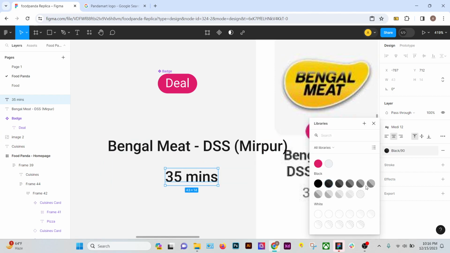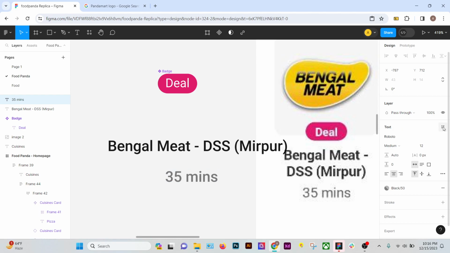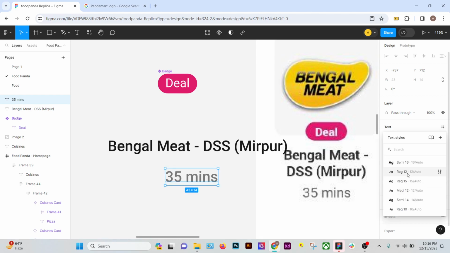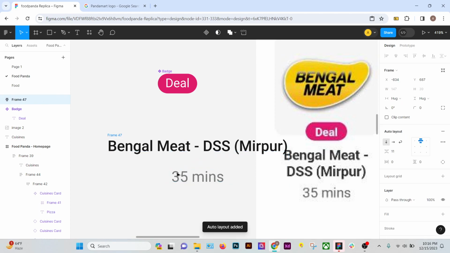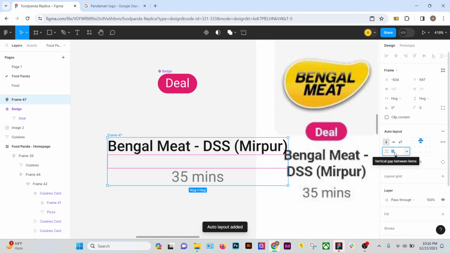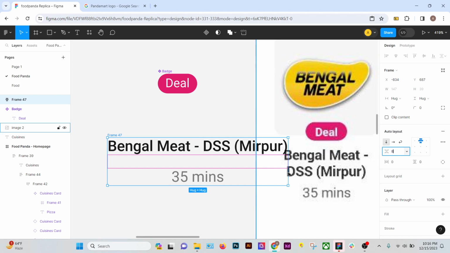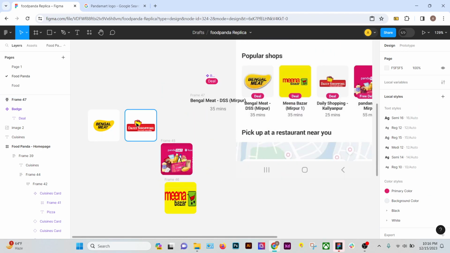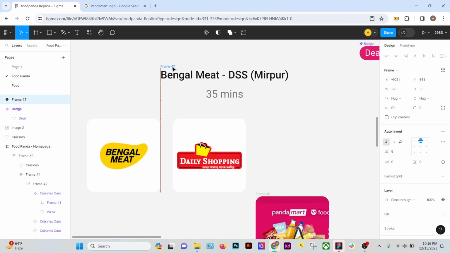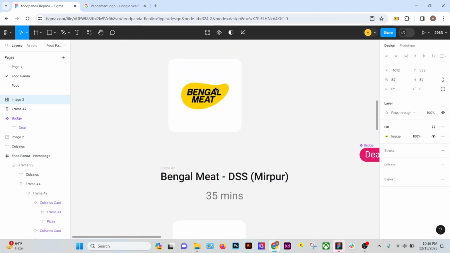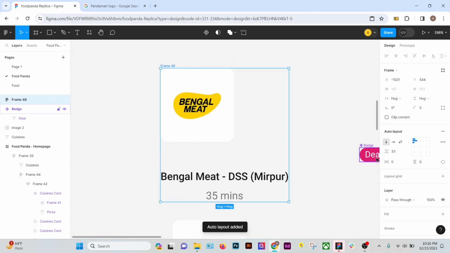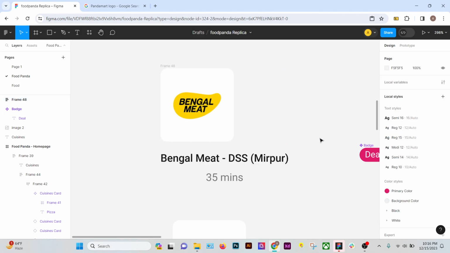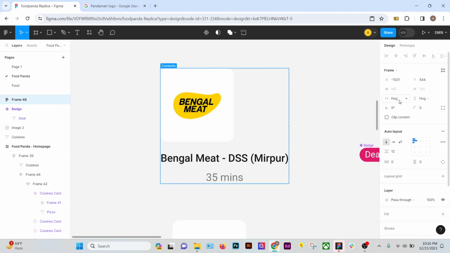Text color will be black 50, and the text style will be regular 12. Done. Shift A and the space between will be 8. Perfect. Take the image and auto layout. Shift A. The space will be 12, and the